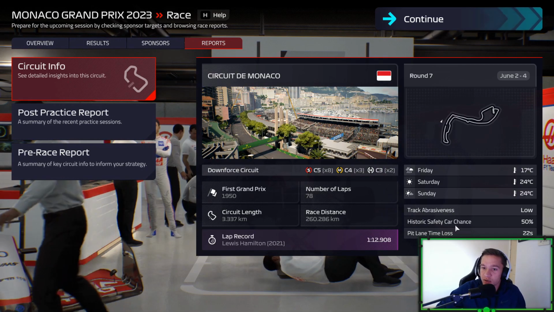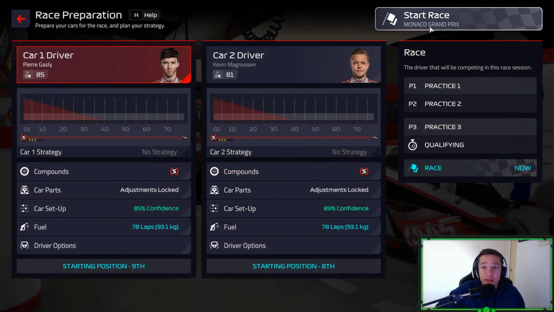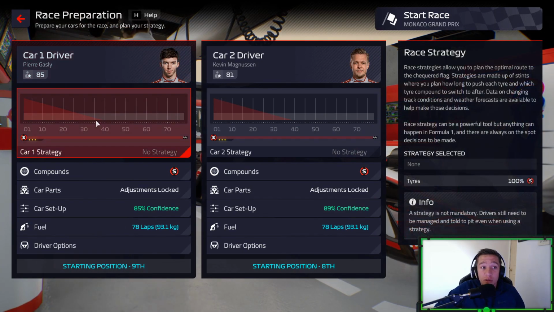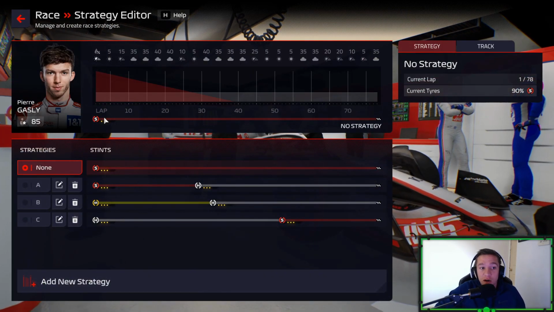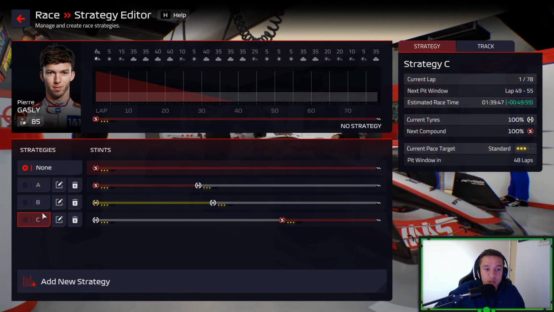You can see historic safety car chance 50%. We didn't get one last season. It was a really boring race, so living up to expectations. But hopefully there could be a safety car to shake it about this time around. We got options. Do we go...